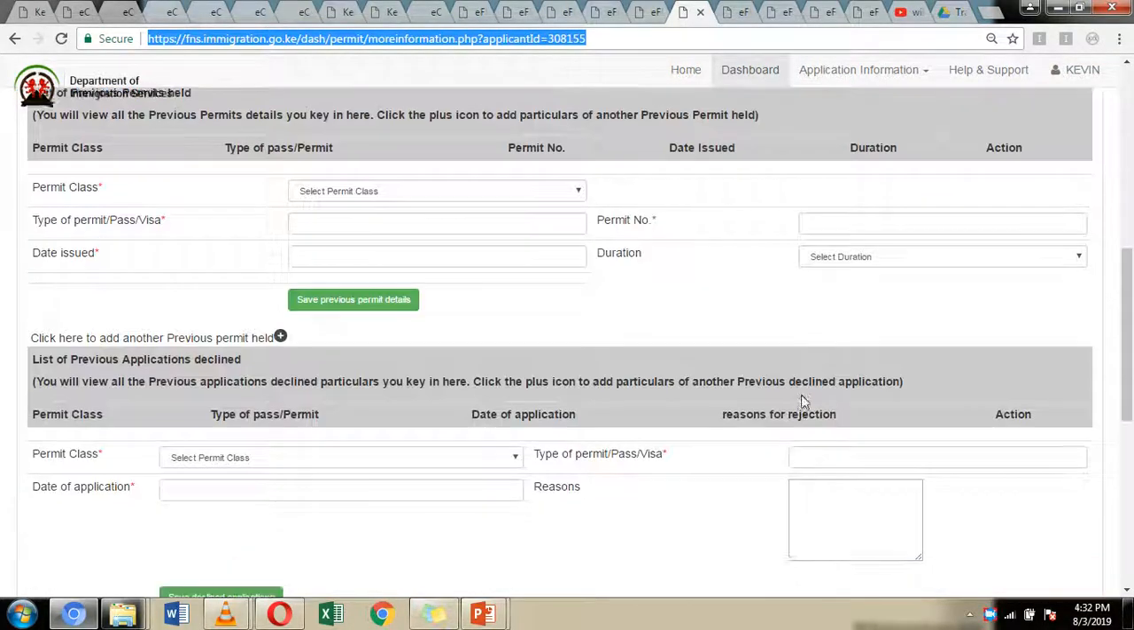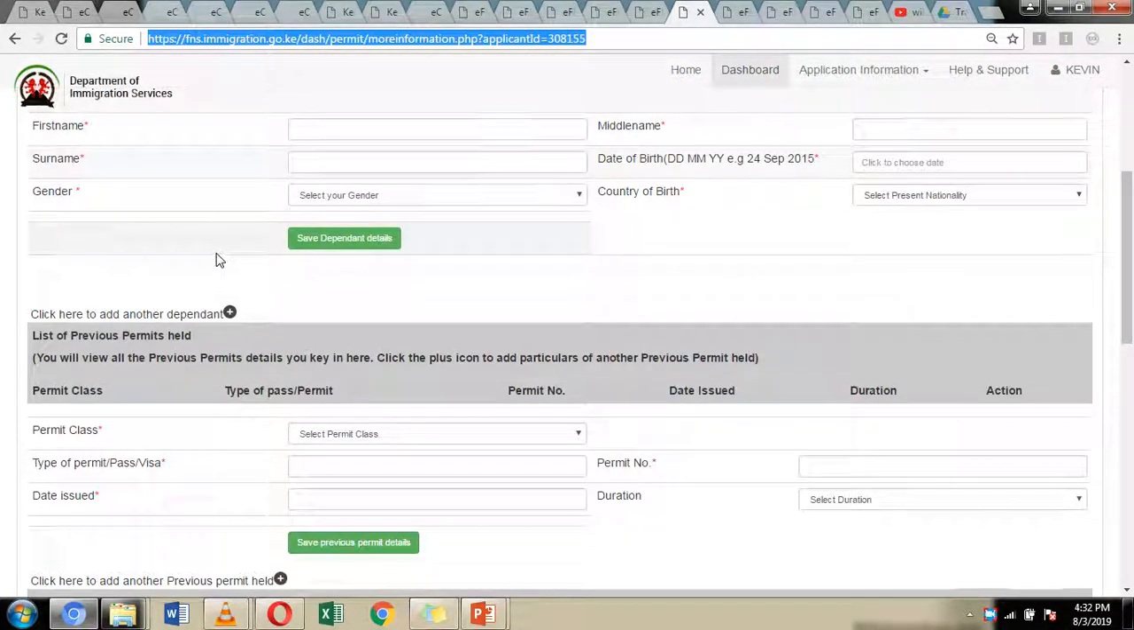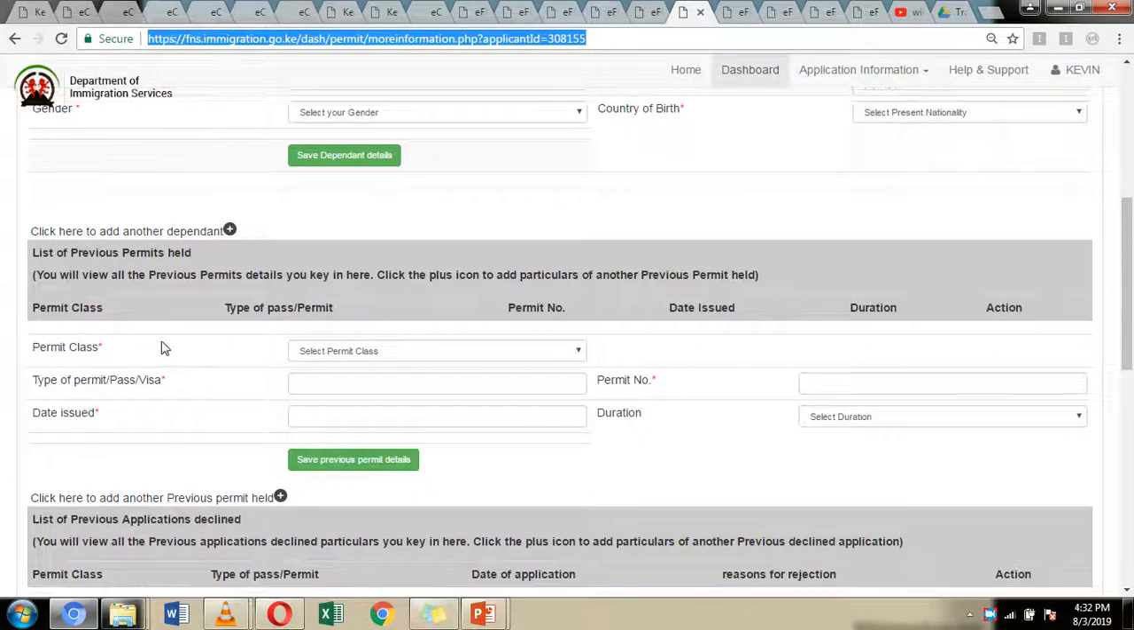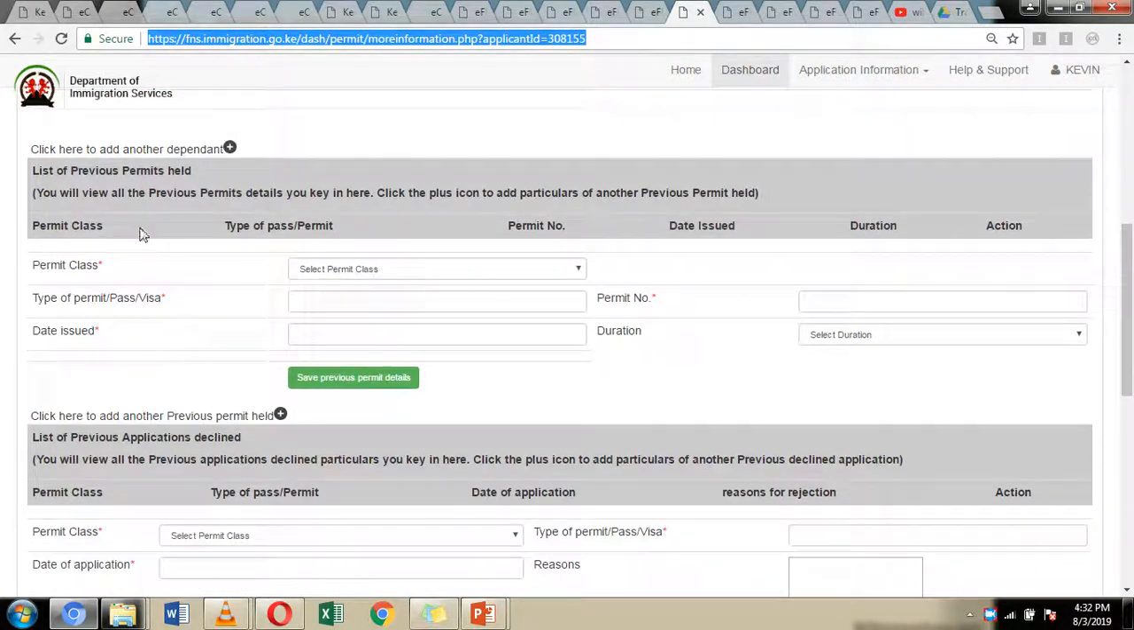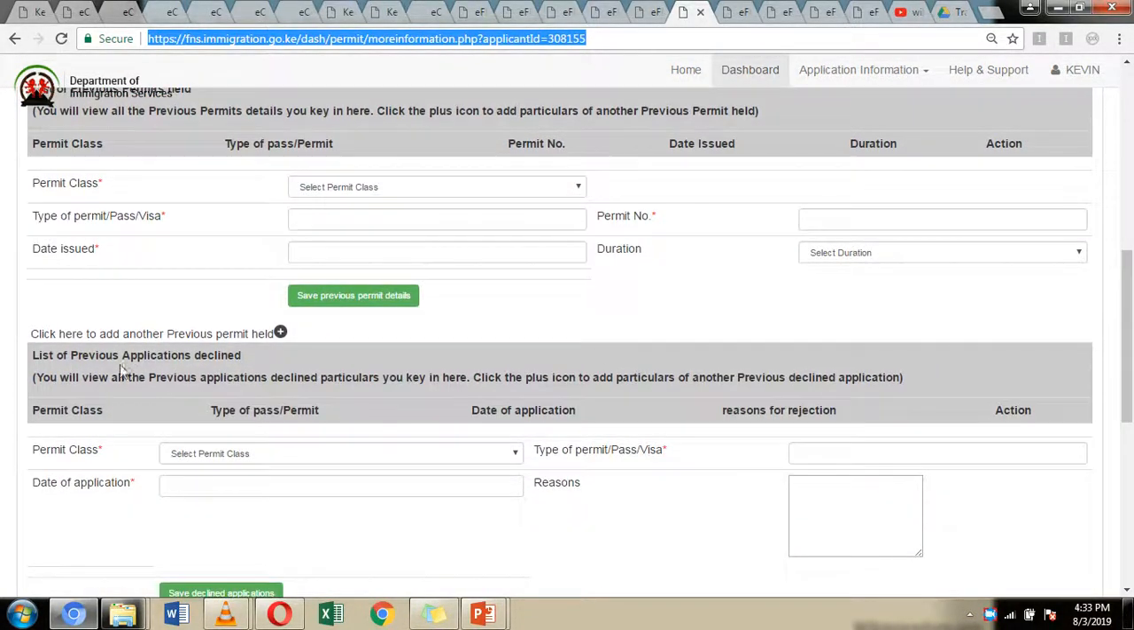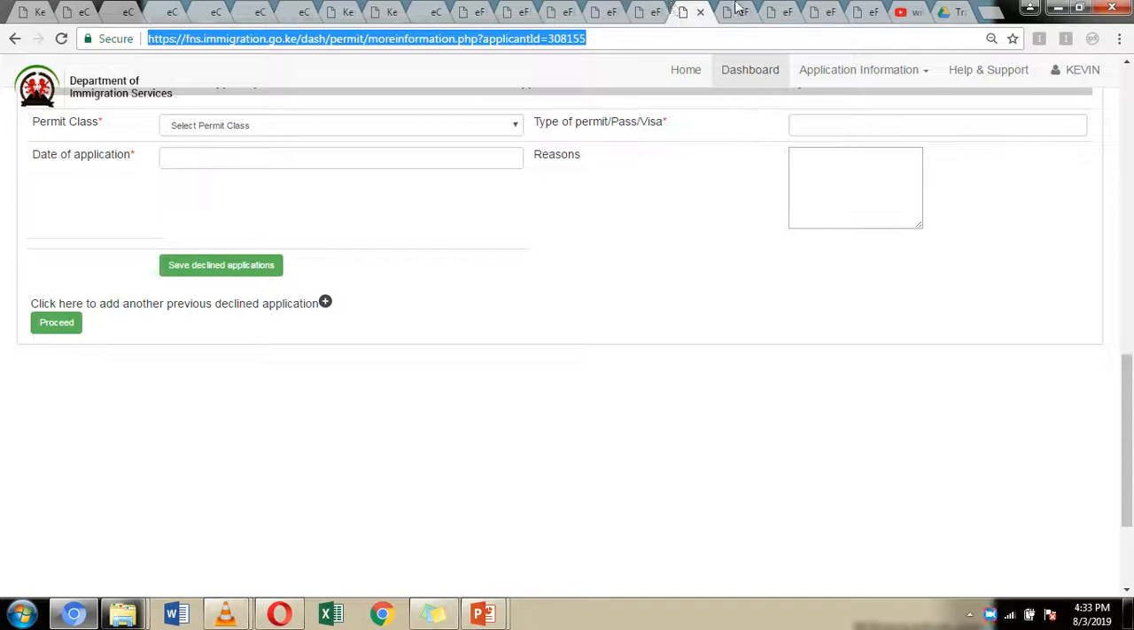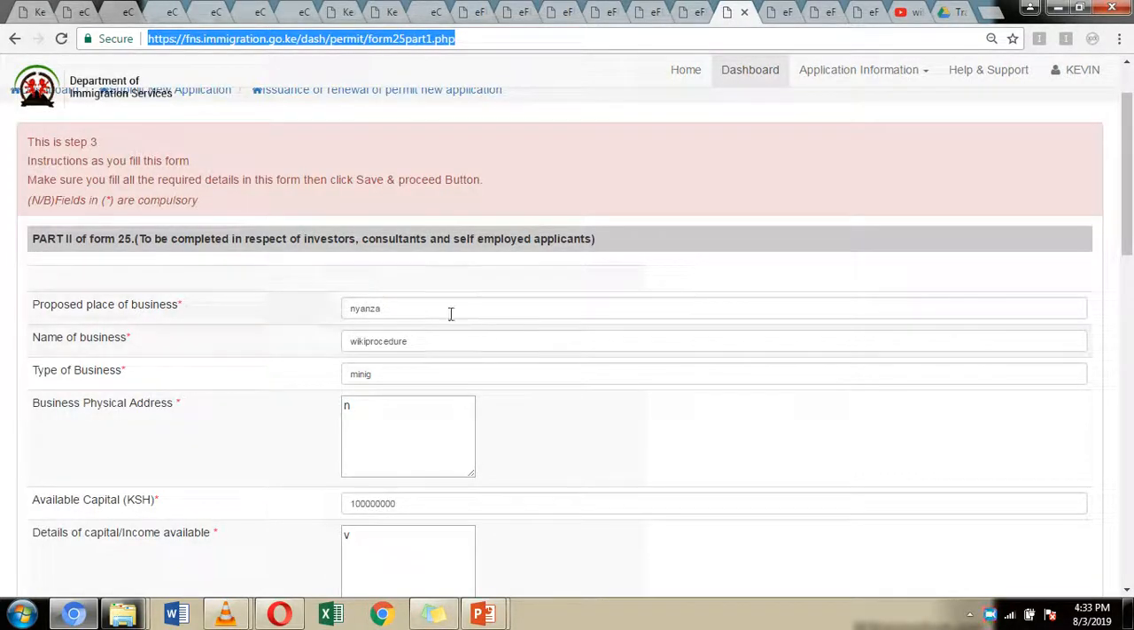So you can list them here. If you don't have any dependents, you can just leave it. List any previous permit which you have ever held, and any previous permit which has been declined. If you don't have, just click on proceed, which is going to direct you to the next page, and here